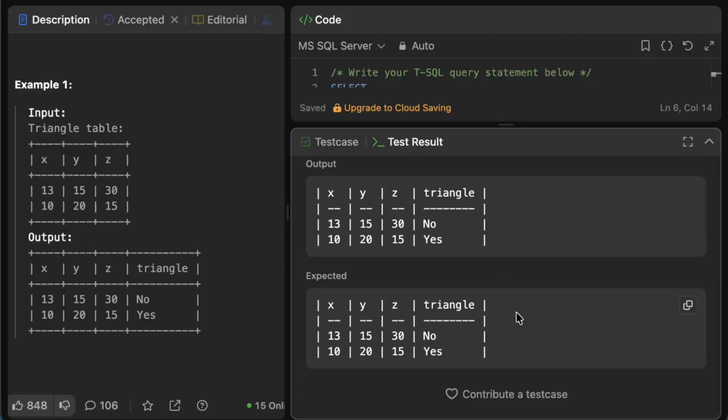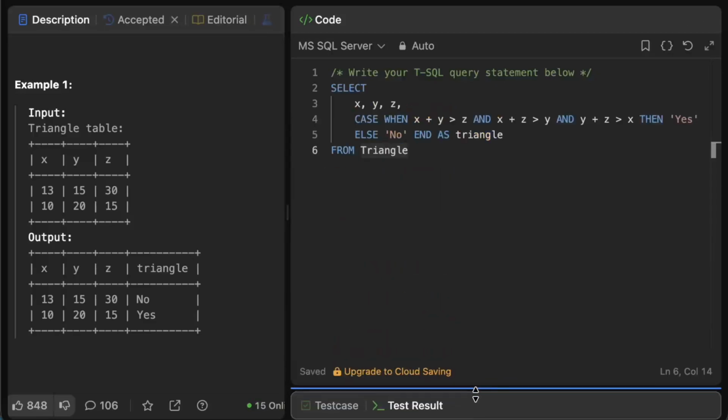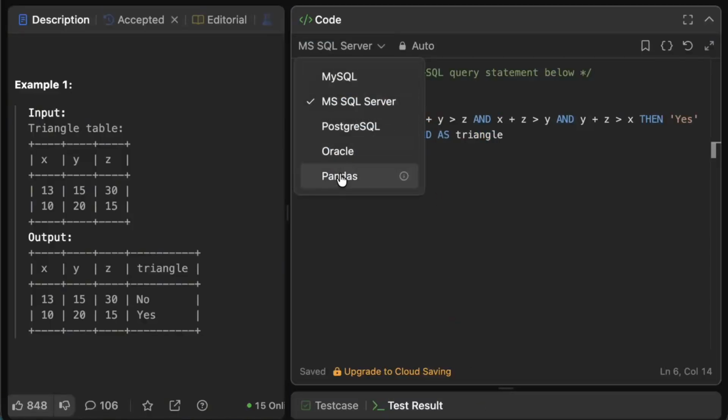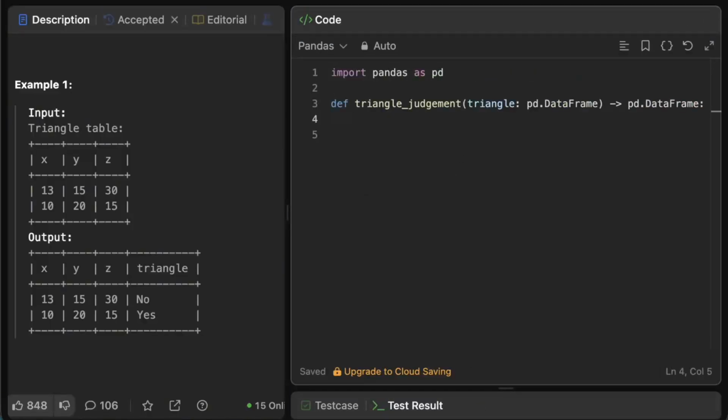Let's move on to Pandas. In Pandas, we check the triangle inequality theorem for each row. First, we need to write the 3 calculations that should be true. We calculate if x plus y greater than z and